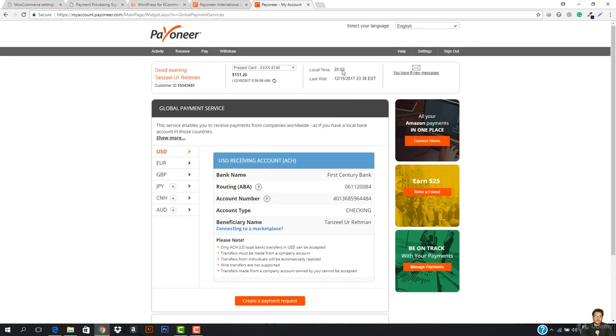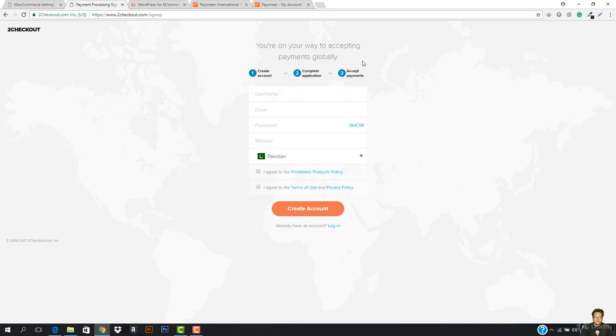You will be getting a credit card. Let me show you how the credit card is going to look from Payoneer. This is how the credit card is going to look like. This is by Payoneer. So you will be getting a card from them, and then you can accept payments from your website, and you can see this is already here. I have received. So this is how it's going to work, and once you receive $1,000, you will get a $25 bonus. Now, when everything is done and your account is active,